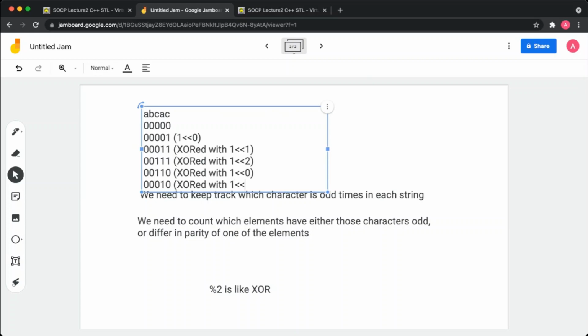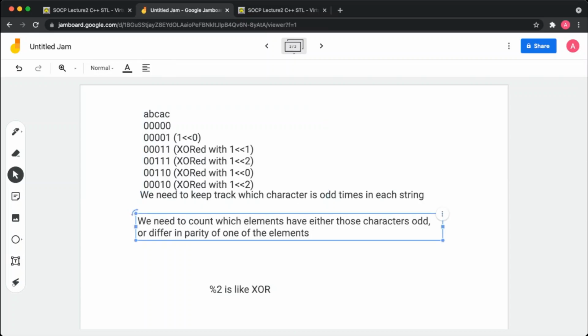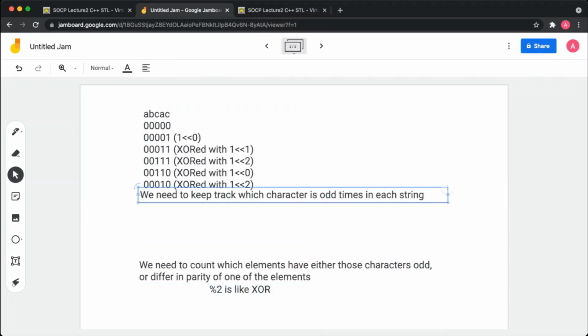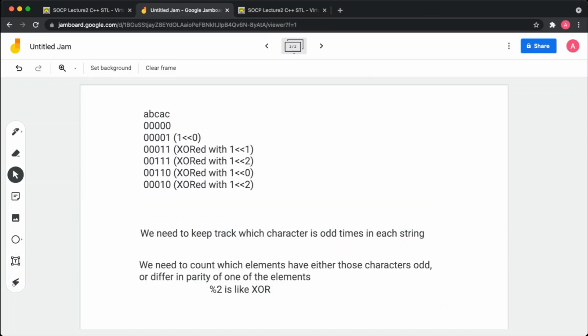XOR with 1 2. Now in the final string, we are going to store this string as this number. Now finally we get t equal to 0 0. This is a binary string actually. So as an integer, this would be 2. So here the key is 2 and we have incremented that value.